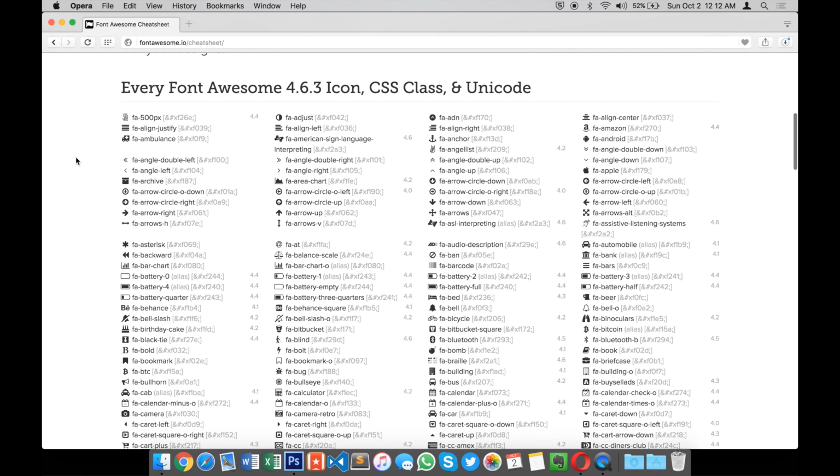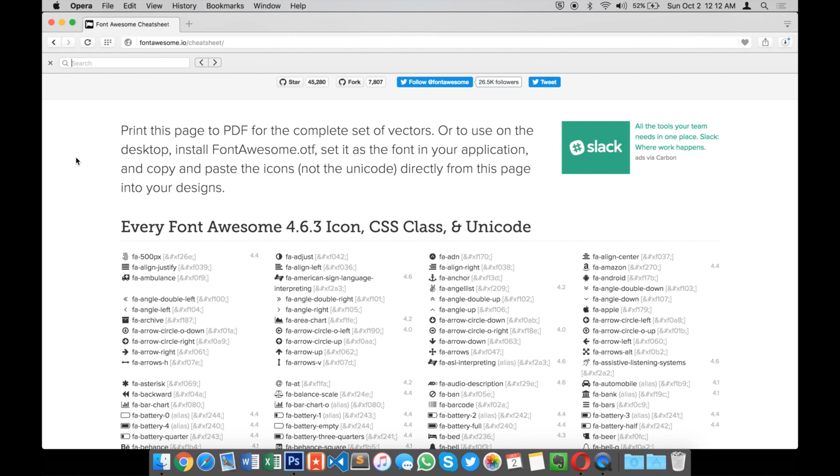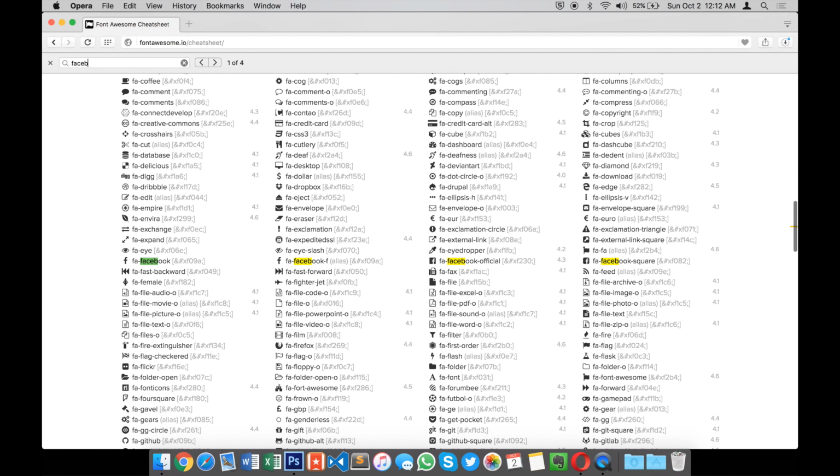If you're looking for a specific icon, all you do is hit Command F on Mac or Control F in Windows and search for the icon that you're looking for. So in my case, I'm looking for the Facebook icon, so I'm just going to type in Facebook. And you can see it has a bunch of options for Facebook. I like this one, so I'm just going to select the icon,